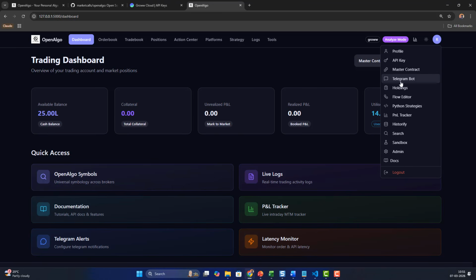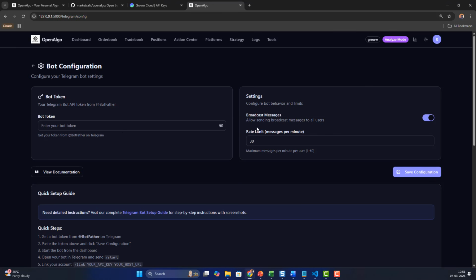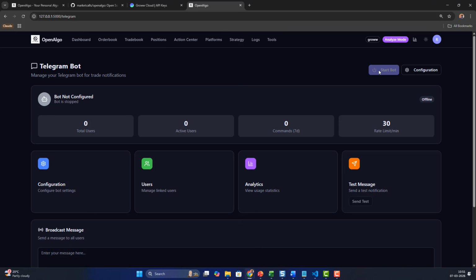Telegram alerts. If you want to send any Telegram alerts for the orders that you are sending, you can go to the Telegram section, configure your Telegram bot, and start the bot from there. Automatically, any alerts about orders will come, or you can also inquire the LTPs and everything. So you can play with the Telegram bots. Probably I'll provide you the link in the YouTube description